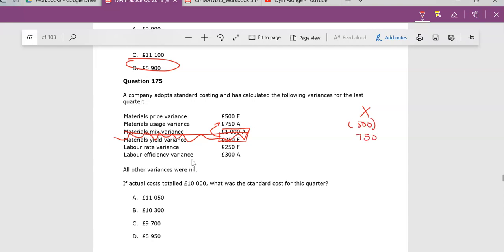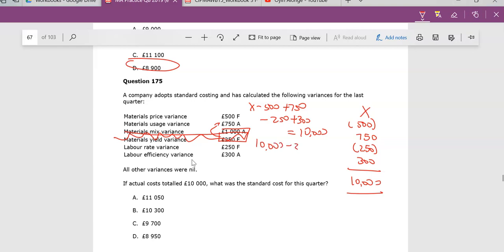Again, what I was saying is favorable brings down my cost by 500. 750 increases it. 250 brings it down, and 300 increases it, and I'm at 10,000 again. So I'm trying to go back again to find out what this is. So really it's the 10,000. Again, it's x minus 500 plus 750 minus 250 plus 300. That gives me 10,000. So the question is, what is x? I just have to work backwards. So technically this is 10,000 minus 300 plus 250 minus 750 plus 500, literally. And you do all this and you will get